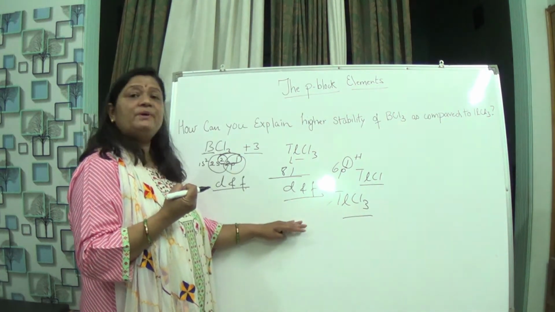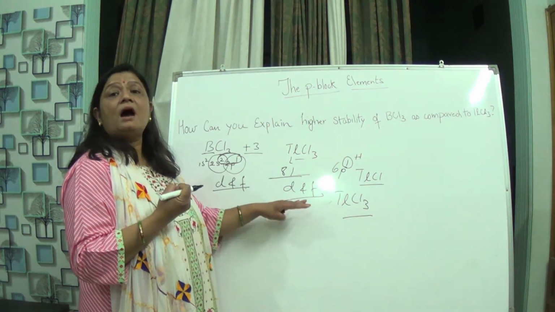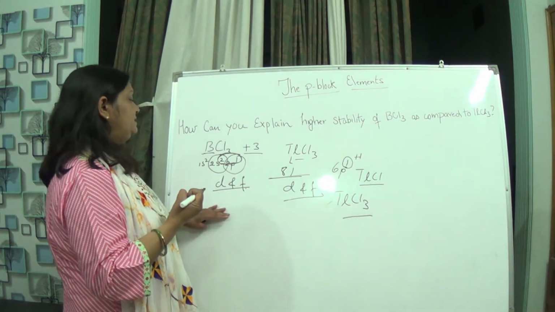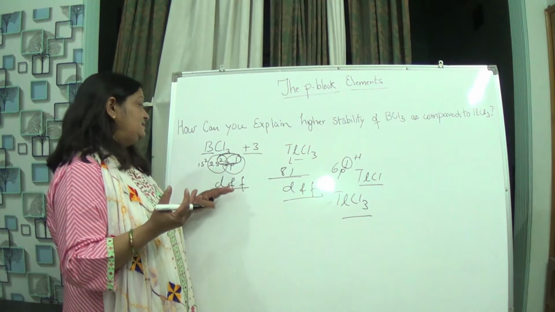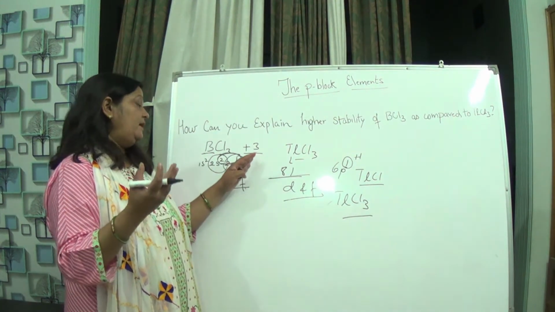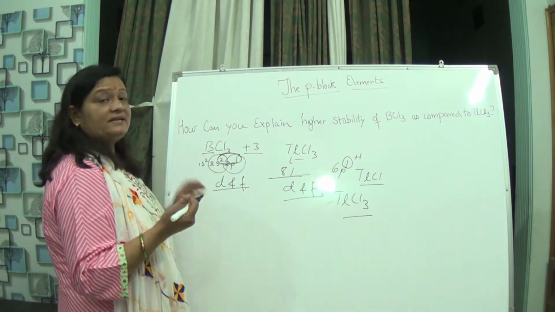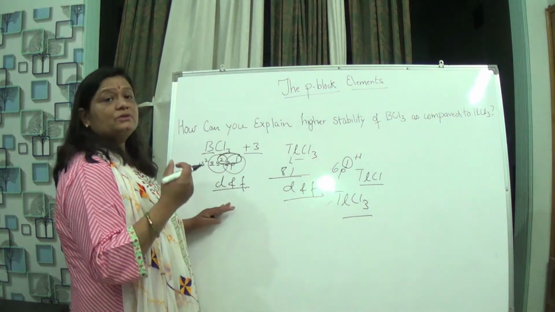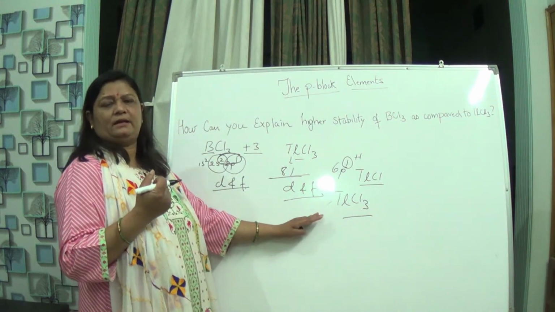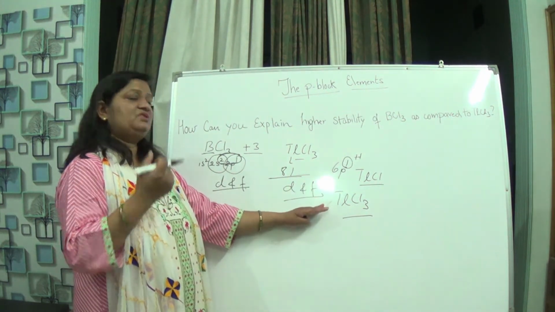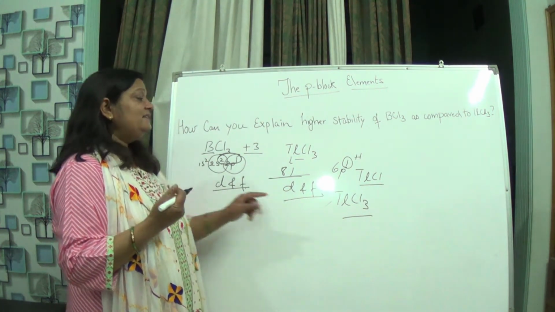So due to the inert pair effect which is acting in TlCl3, it is unstable, unlike BCl3, where we are not seeing the electrons present in the D and F shells. As a result, the oxidation state is quite easily shown; it has the +3 oxidation state and is stable in nature, because all the 3 electrons present in the S and P can be given. But here, due to poor screening of the D and F electrons, the inert pair effect acts,